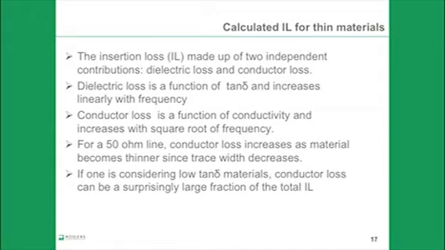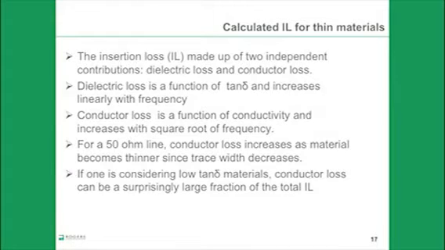Remember, the insertion loss is made up of 2 independent contributions, dielectric loss and conductor loss. The dielectric loss is a function of the tan delta, or dissipation factor of the material, and increases linearly with frequency. The conductor loss is a function of the conductivity and increases with the square root of frequency. Also, for a 50 ohm line, conductor loss increases as the material becomes thinner since the trace width decreases. If one is considering low dissipation factor tan delta materials, conductor loss can be a surprisingly large fraction of the